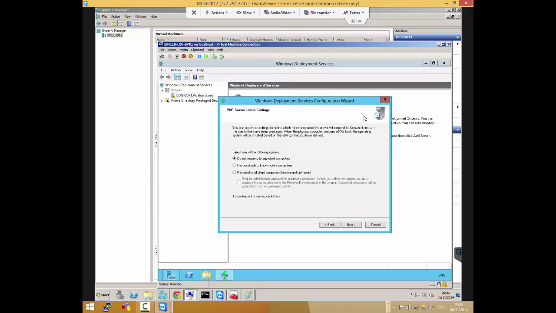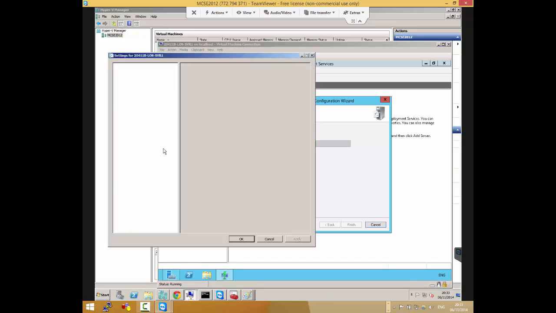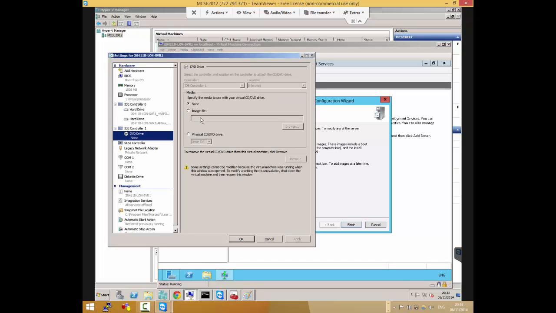So we can say respond to all computers, known and unknown computers. Then it goes ahead and configures WDS. Once WDS is configured, let me add our Windows DVD so that we can use that.